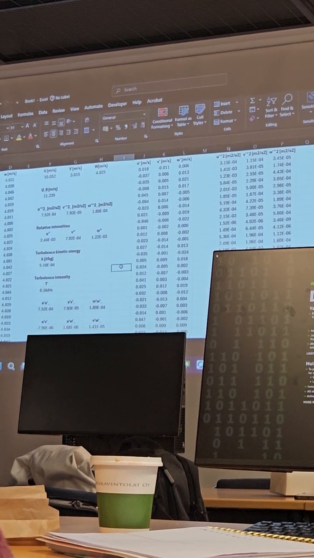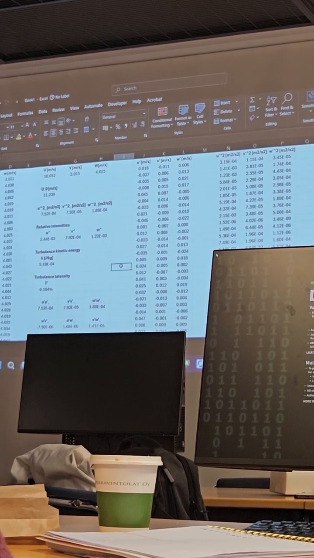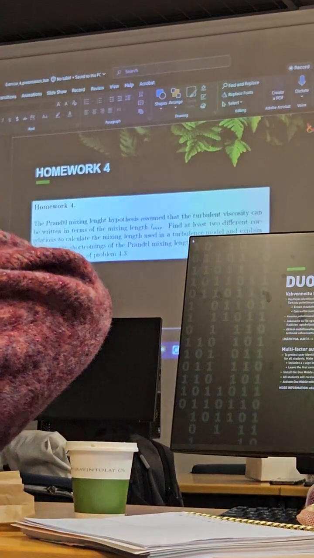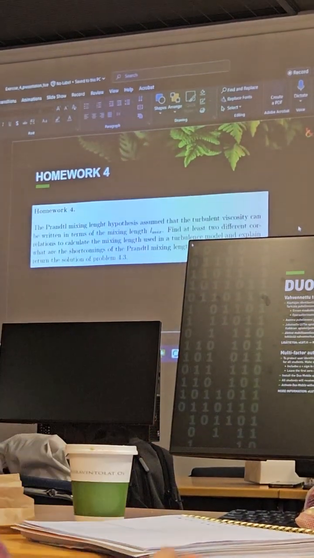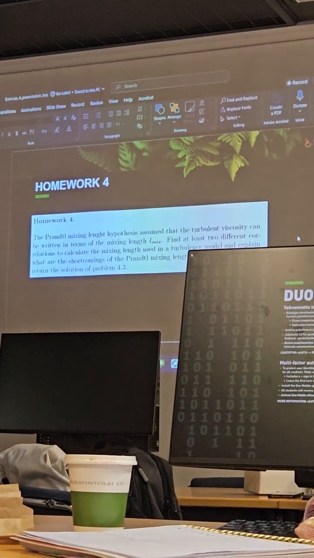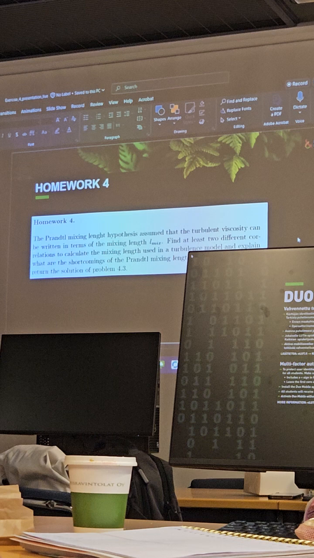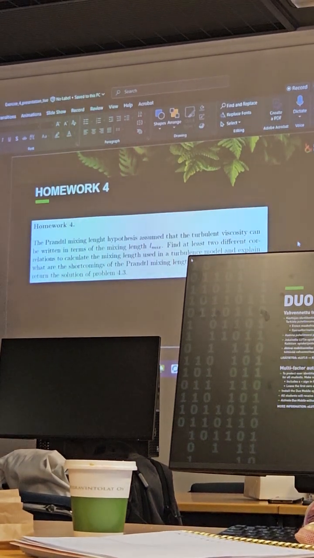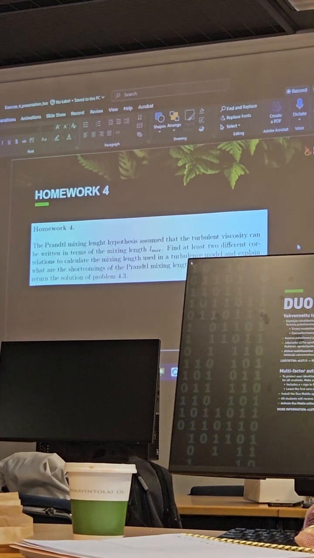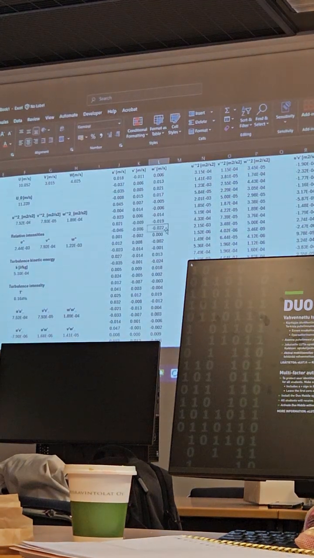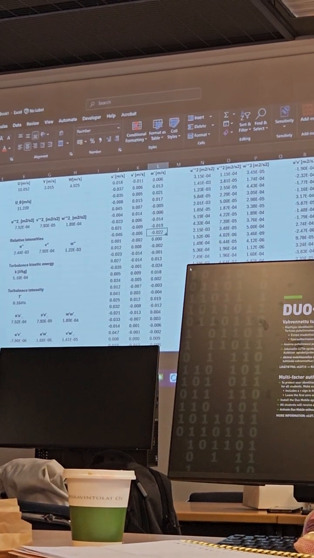So this is the last exercise for today. As mentioned, here is the homework again. So find two correlations in literature or also in books. In Wilcox also there are already some formulations for this mixing length. And secondly, you can return the solution of this problem. So if you don't have any questions about this exercise,